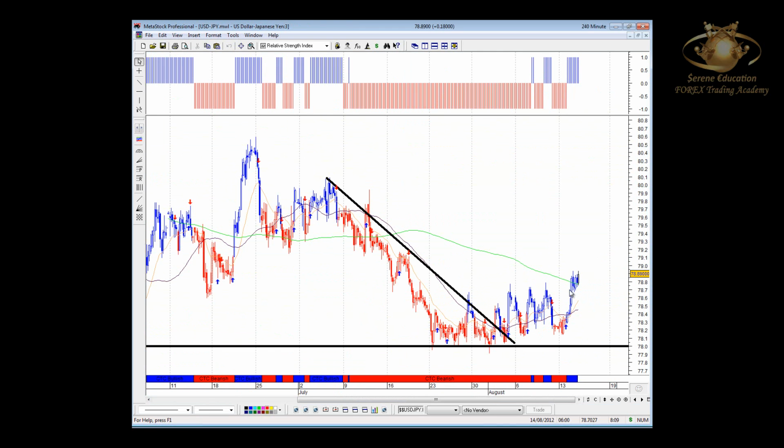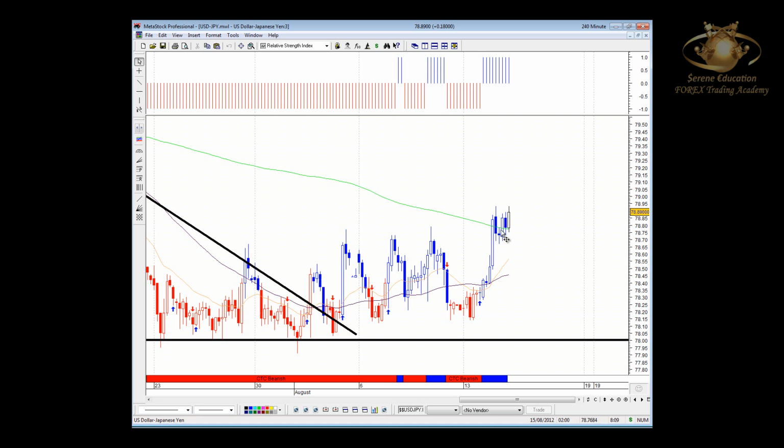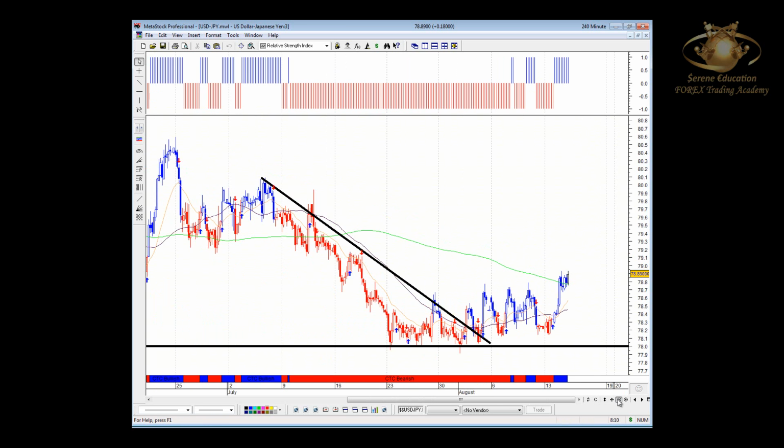4 hour, look at that, breaking above the institution moving average over the past 16 hours or so, and now it's finding support above that institution moving average. Before, price being governed by the institution because it was trading below it, and sure enough, the sentiment was negative, so we should have been looking for selling opportunities. But as we head into this major support and resistance level at 78, then we've seen consolidation on this pair,